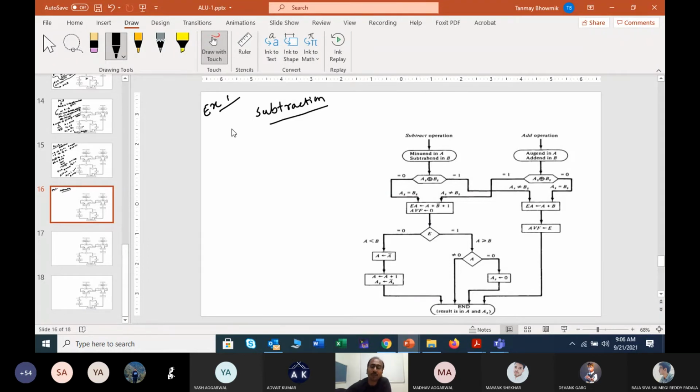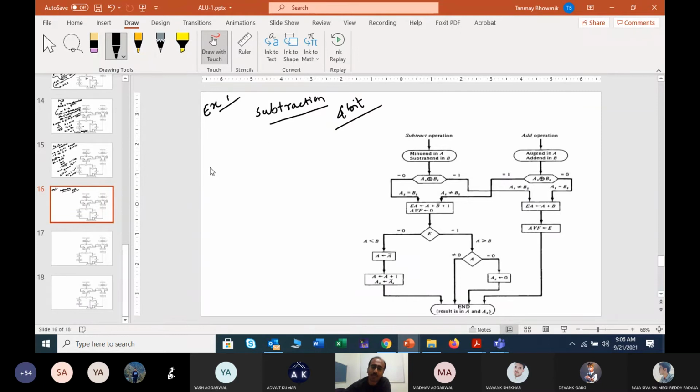So we are trying to perform the subtraction between what? Let us take some negative numbers only, because the positive-negative combinations have already been done, and two negative numbers we took in the case of addition. So this time we may take some negative numbers. Again, subtraction for 4 bit.